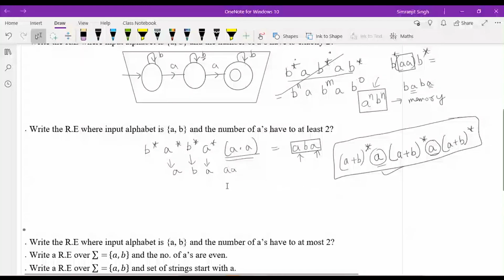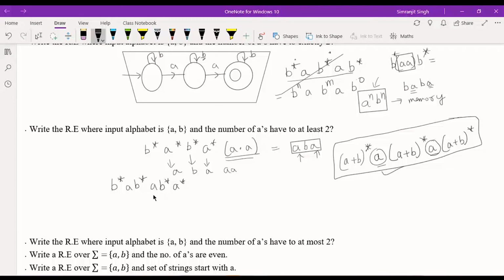I will try the regular expression. Just let me see, B star A, B star, A, B star A. Okay, so exactly two A's come after that. Yeah, that also seems correct. Let me see if I am able to derive any string.